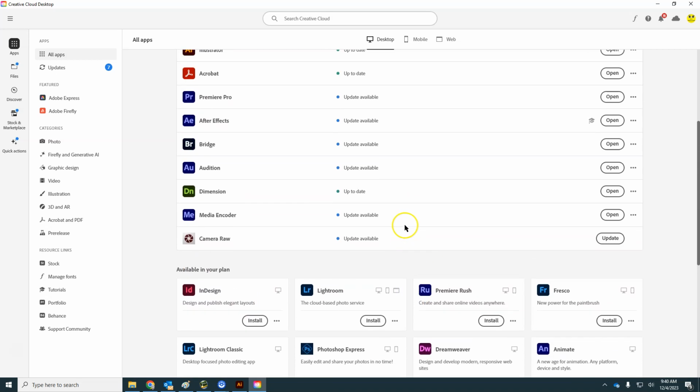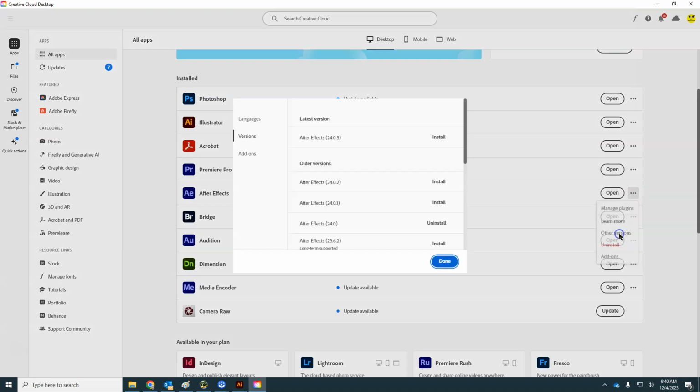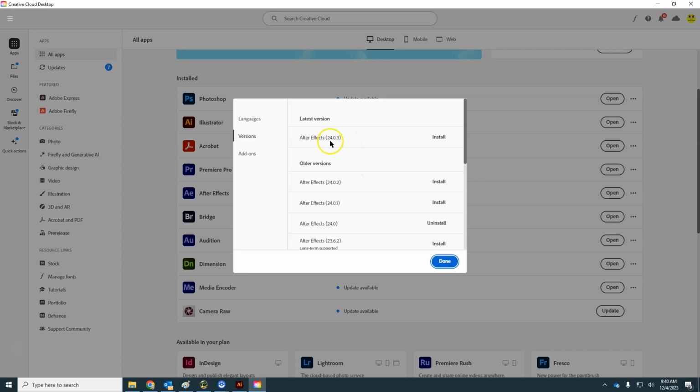Find After Effects there if it's not installed, and if it is but you need to update, then you are going to click on those three little dots in order to make that update happen. Go to other versions and then install, right now specifically 24.0.3, and if it's already open, you will not be able to update. I won't update just yet,